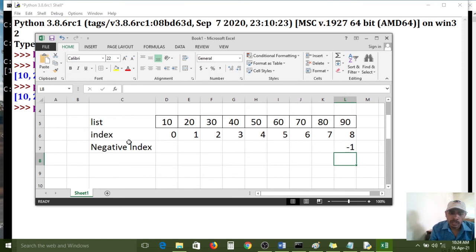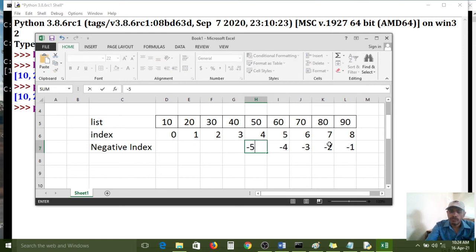Observe carefully: the index starts with 0 from the first element, while the negative index starts at the last element with -1, -2, -3, -4, -5, -6, -7, -8, -9.